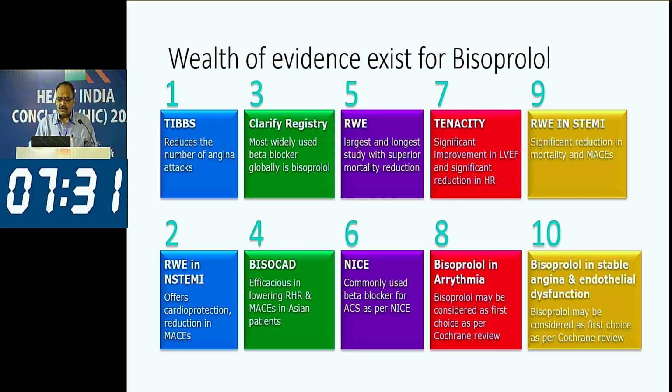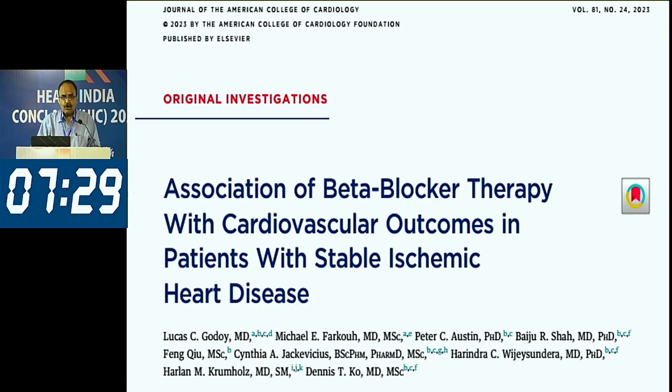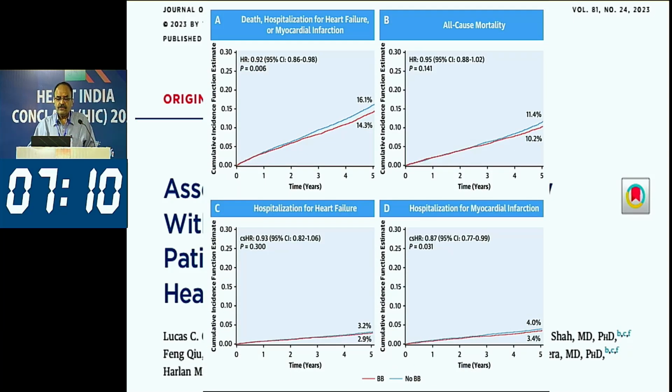So there is a plethora of data. We oftentimes say, what is the evidence? Every meeting you go, somebody will get up and say, why use beta blockers? So this is a meta-analysis that was published about a year ago, a review in the Journal of American College of Cardiology, which clearly showed that the composite endpoint of death, hospitalization for heart failure, or myocardial revascularization